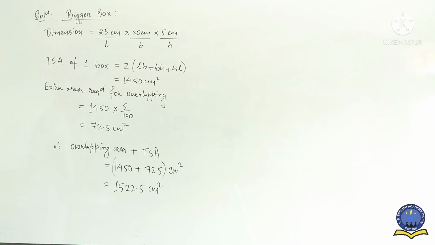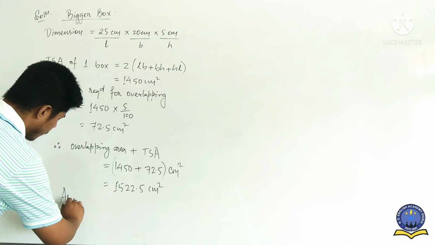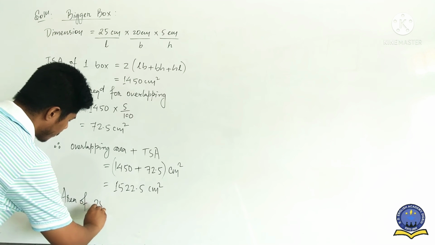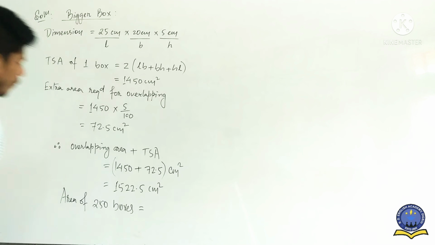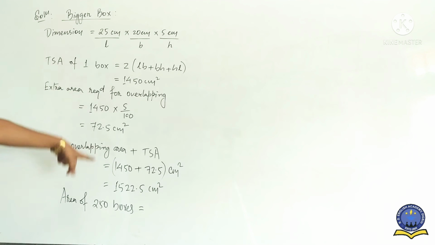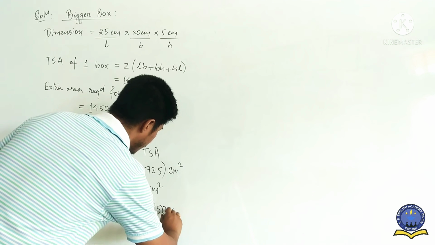At last, if you see the question, they have asked to find the cost of the cardboard required for supplying 250 boxes. So that means a total of 250 boxes are there. So finally you have to write area of 250 boxes, including the overlapping area. So here we write 250 into